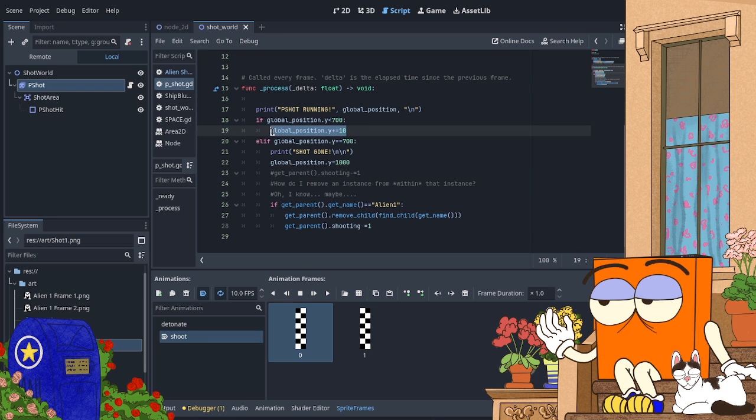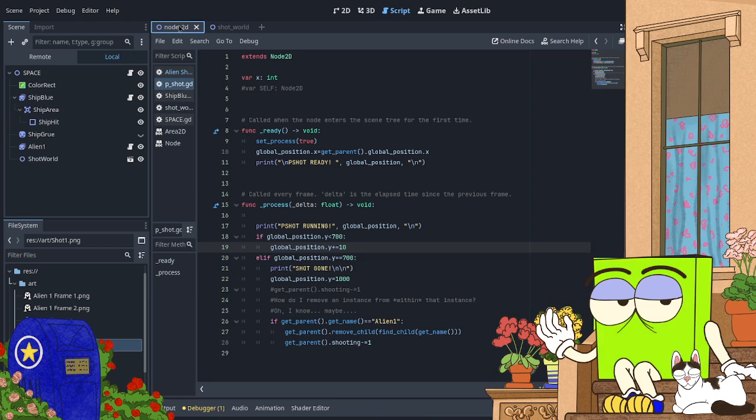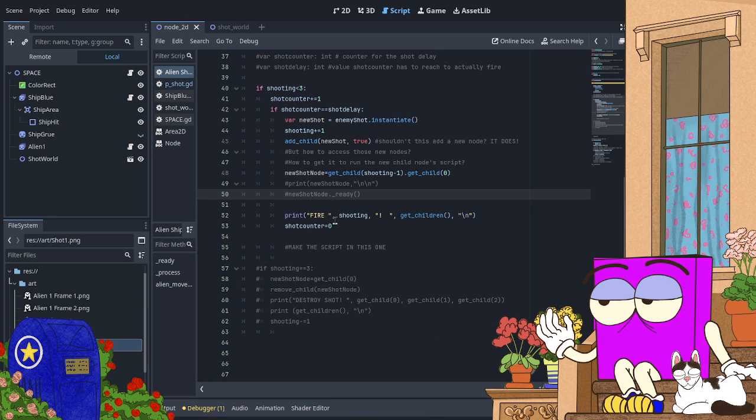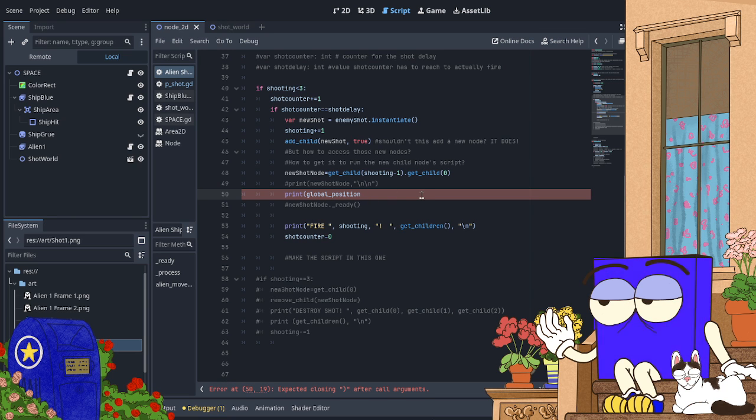Yeah, global position 1. Okay, am I misunderstanding something here? What? That's not a function, that's just a value.